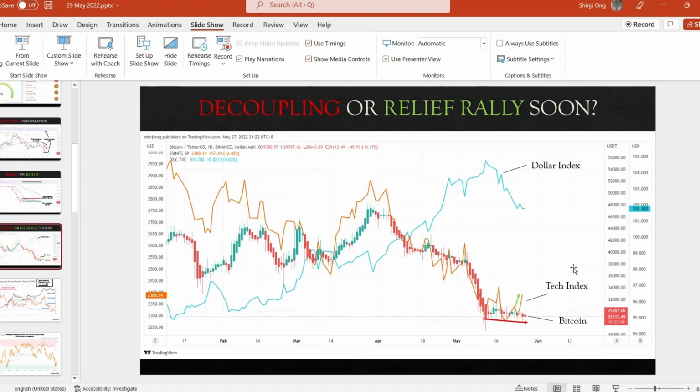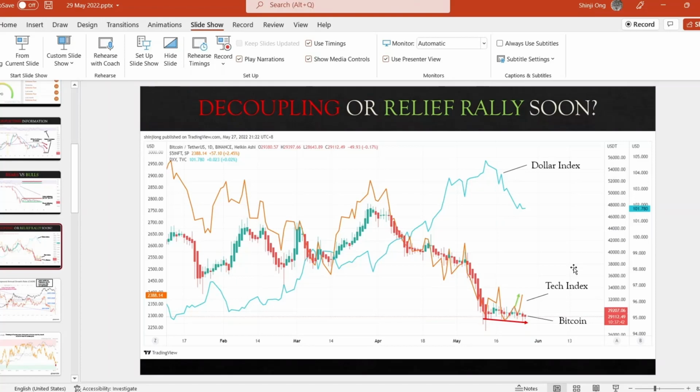So you're right. Temporarily, we'll see a relief rally. The sell orders may result in this, but at the end of the day, who knows? In 3 weeks' time, if this is a relief rally, the tech may go down, and just in time, the crypto is also, there's still sell orders there. By the time the crypto catches up, it may be a downtrend already.